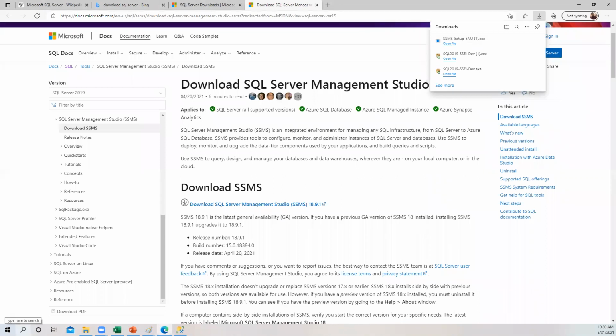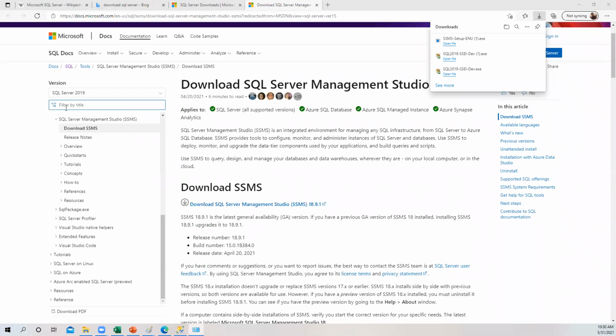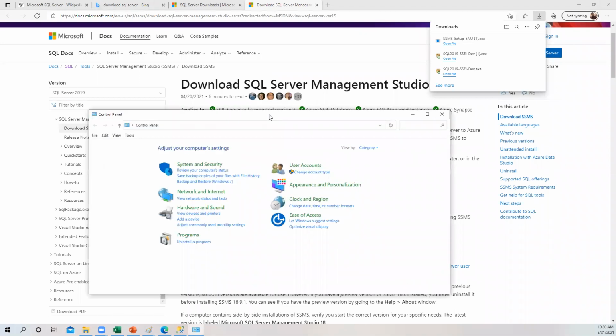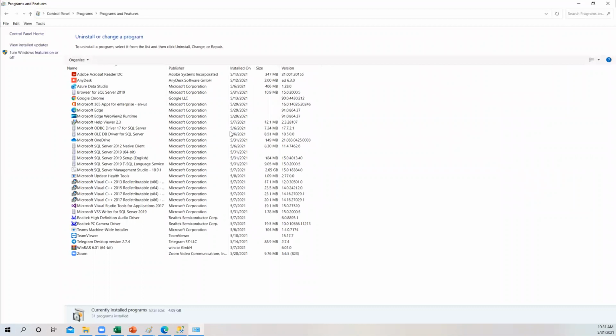So let me go to my control panel and uninstall the existing version, guys, so that I can show you how to install this one. Where is my SQL Server Management Studio, guys? This is the one, SQL Server Management Studio. Okay, I'm uninstalling the existing version. In fact, the existing version and the new version are the same, but to show you, let me delete the existing one which I have.